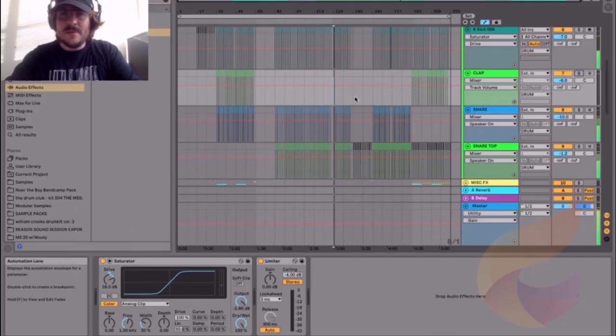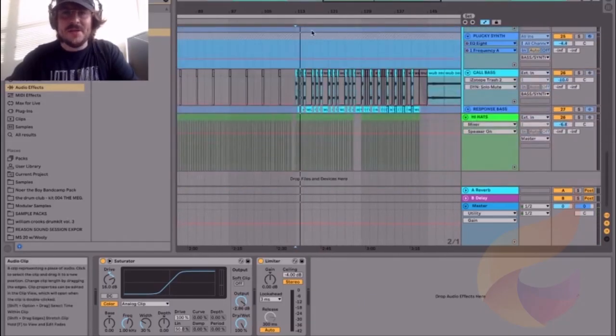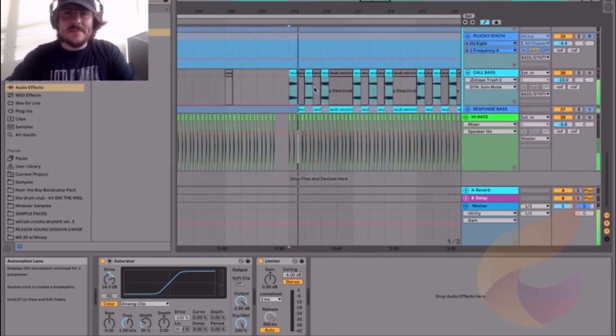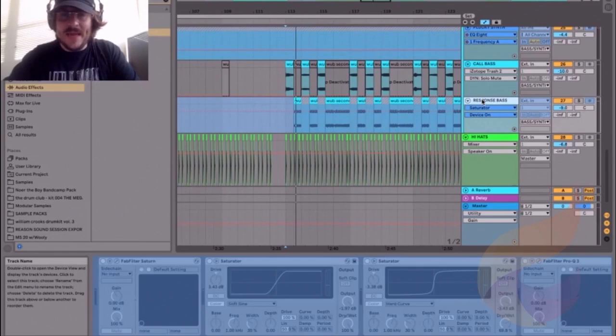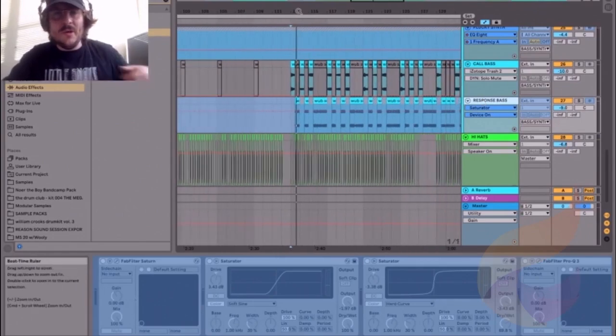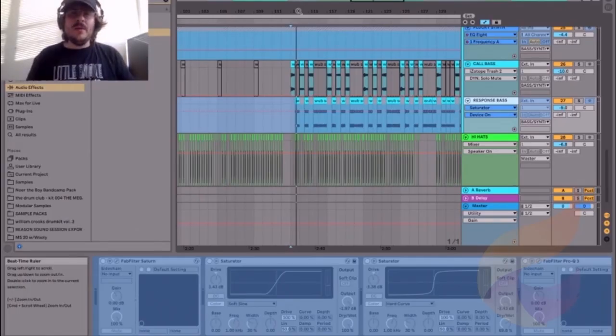Right at measure 113 here, we start breaking into this new section. And we got some call and some response bass. One of my favorite things to do is say, maybe I want to make a dubstep rhythm drop, but at a halftime tempo. I'll pick one genre and do it at another genre's tempo, and you can get some really interesting results. That's what I'm doing here, because it's 172, or halftime,